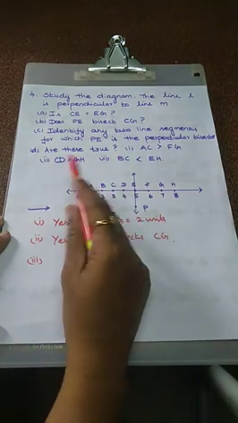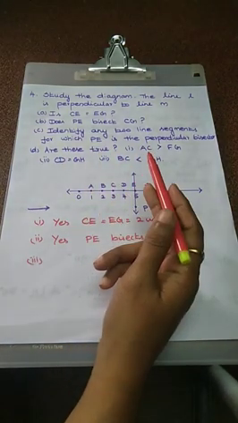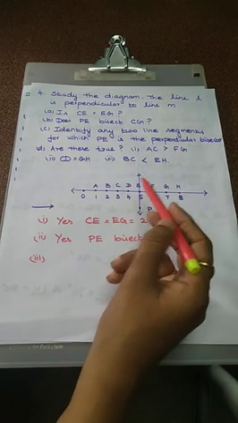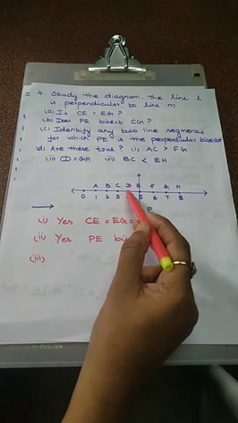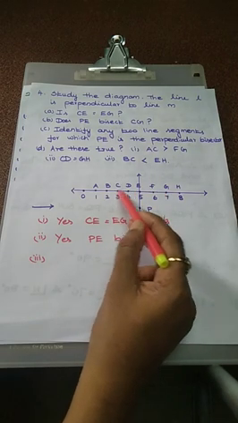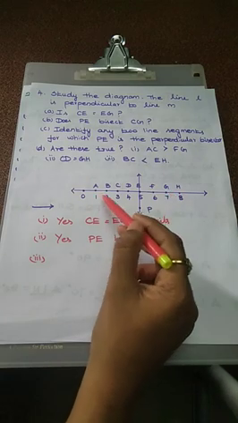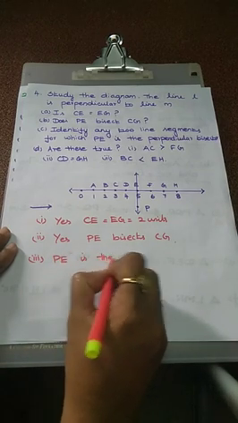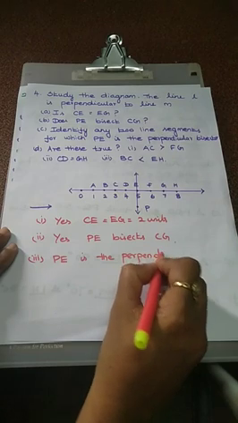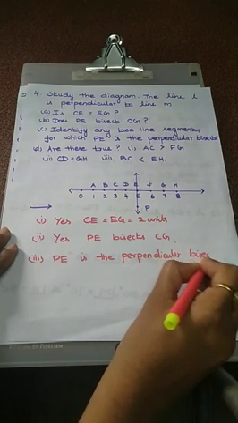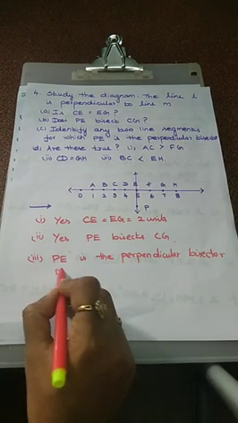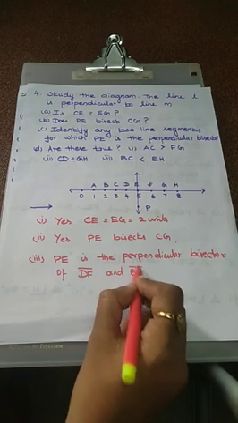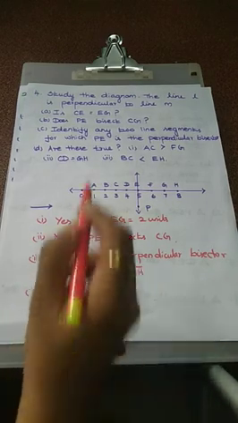What is our third subdivision question? Identify any two line segments for which P is the perpendicular bisector. You just check it. P is actually a perpendicular bisector. We have to choose any two line segments. So you have to take these values. First one, DF we can take. Another one, BH also we can take. AG also we can take. Any two line segments. So P is the perpendicular bisector of DF and BH. You have to take any two line segments.